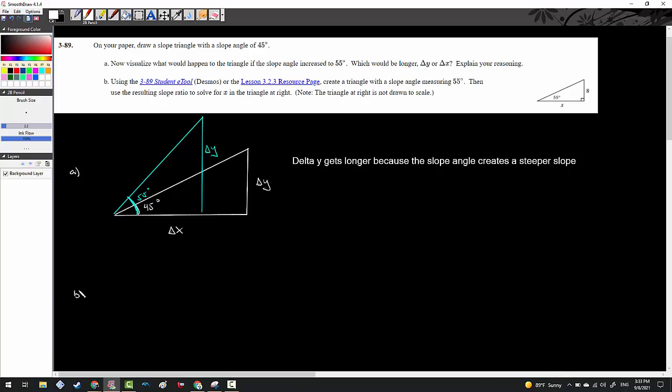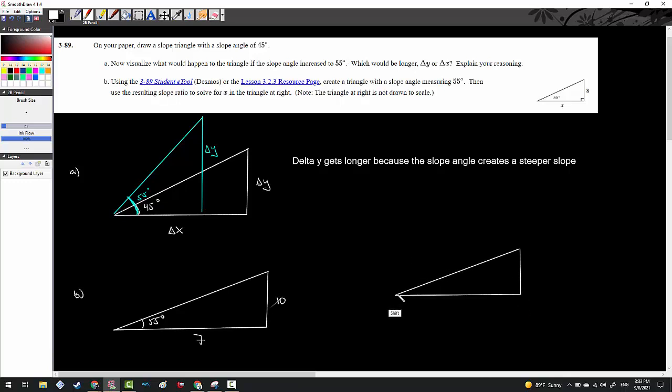So what I'm going to do is give you guys what that triangle needs to look like. The right triangle created when a slope angle is 55 degrees, and of course it's not drawn to scale, the slope ratio is going to be 10 over 7. And again, I got that from the resource page. So look at your resource pages and we will get that from there. Now I'm going to compare that to the triangle given. The triangle given has a 55 degree slope angle just like ours and a height of 8